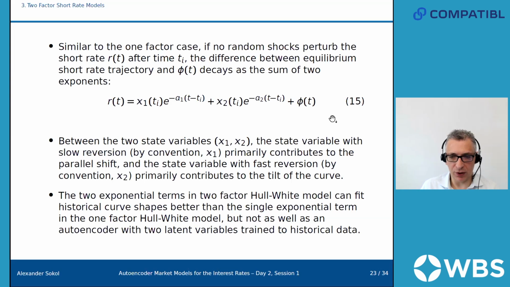Now there are 5 parameters, right? So there's, well, this is actually not a free parameter, because, sorry, there are 4. There are 4 parameters because this one is fixed to prevent arbitrage relative to the initial yield curve. So we have 2 multipliers and 2 mean reversion rates, and these are fixed once you calibrate the model. And x1 and x2 are basically the state variables that we can change to reflect